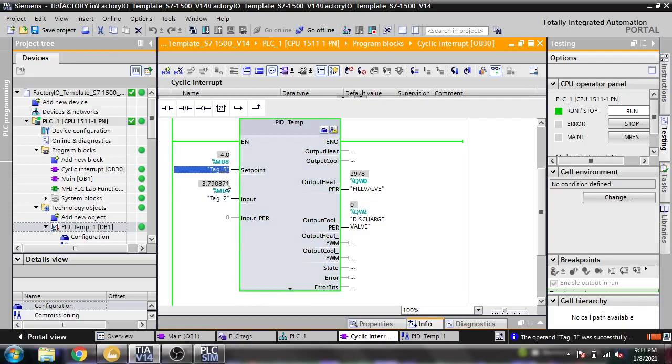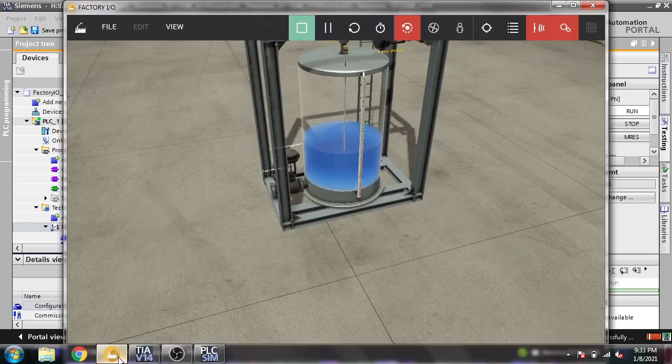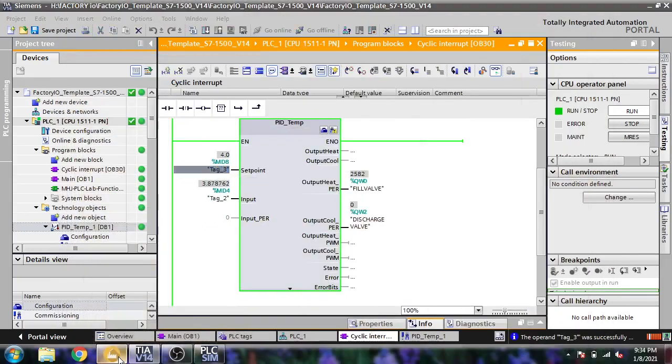You will see that it is going to reach our value. And that's it. Our PID Temp is now working.